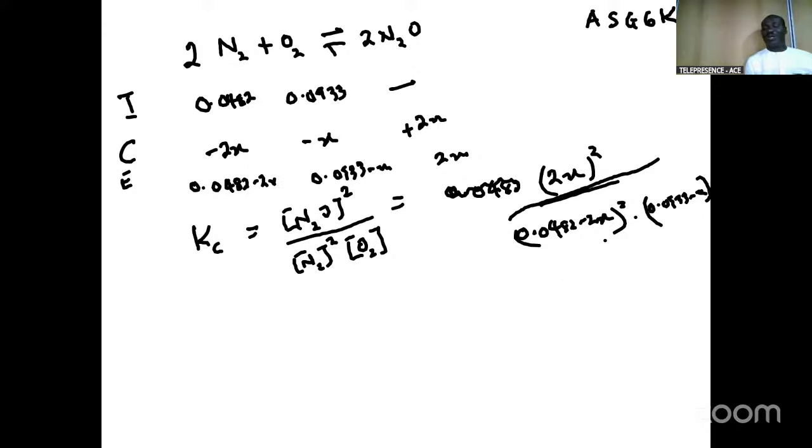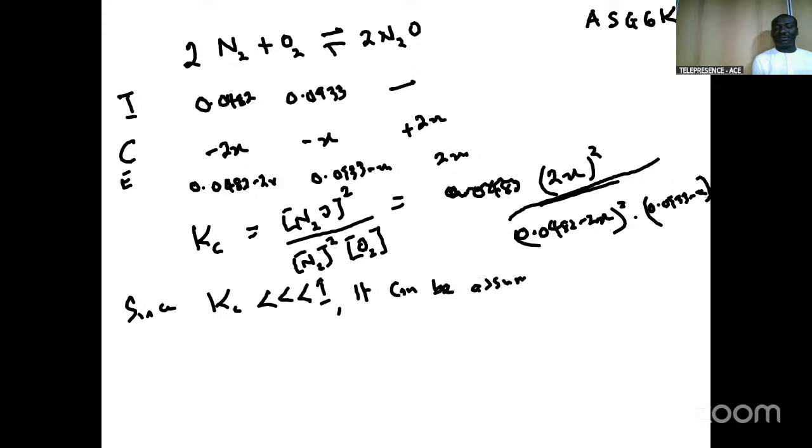All right, so we can, with that, assume, since Kc is extremely small, far, far less than 1, it can be assumed